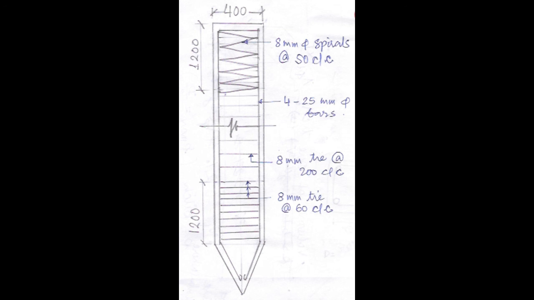And then I have shown the pile as a broken line just to signify that the pile length has been broken, and then we have shown the other thing. So next you can see that the lateral reinforcement in the body was 8 millimeter tie bar at the rate of 200 c/c. So that I have shown. After that at the pile end again it was for the 1200 millimeter distance, 8 millimeter diameter tie bar at 60 millimeter center to center. So please check it with the numerical design steps and you will understand this diagram.